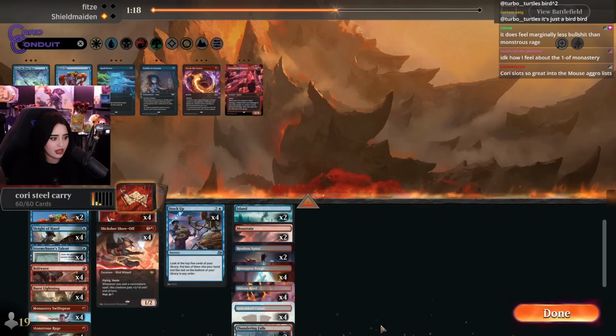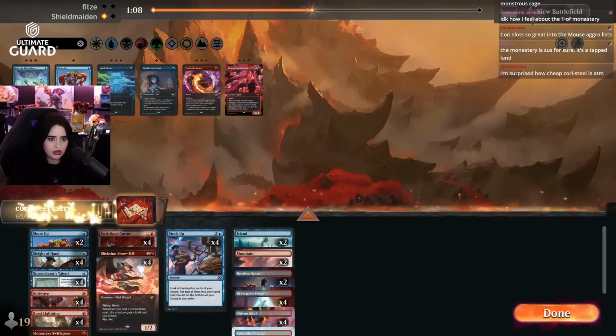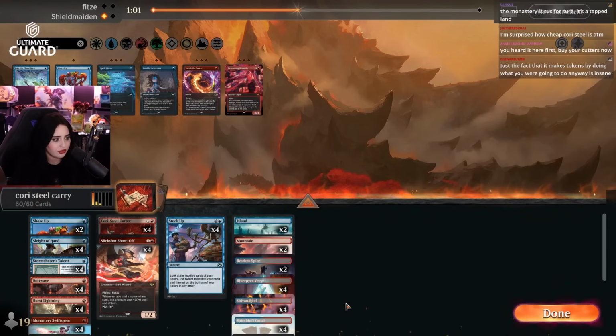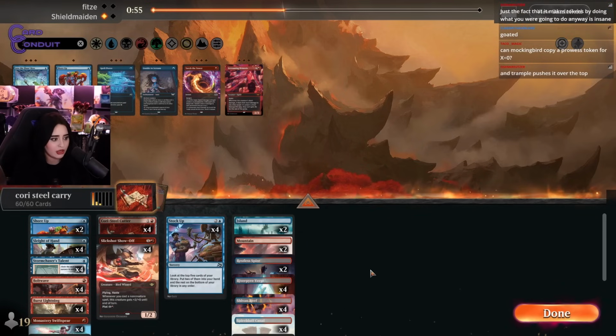The one of Monastery in that deck probably helps you out more than it punishes you, I would imagine. But I can see why you're skeptical. So what is this? I'm just gonna assume it's a Jeskai Monument deck. Buy your cutters now. Yeah, if I was a finance gamer,